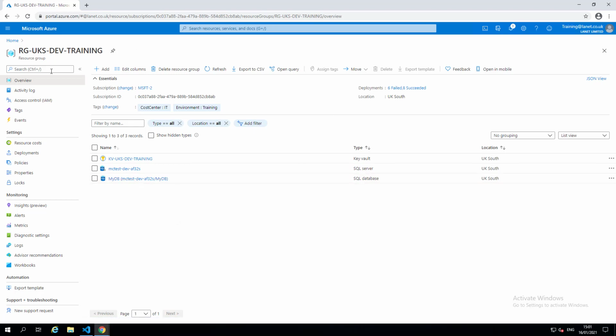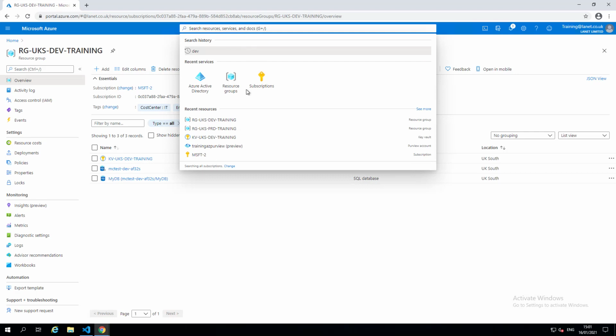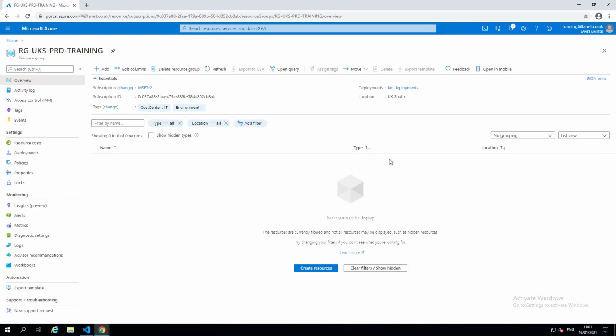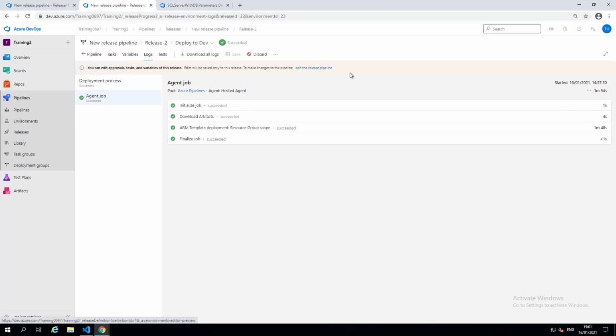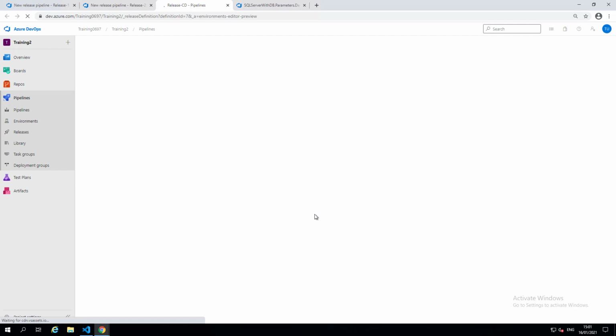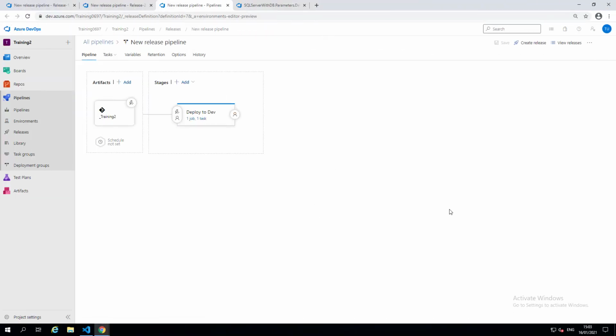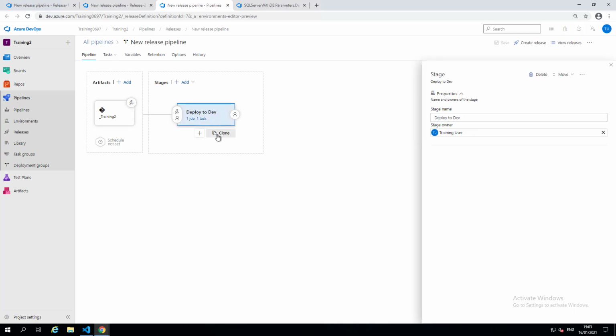So what we'll do is we'll try and deploy to our production resource group as well. So if we go back to the DevOps, we can see all that's passed in green there. And what we'll do is we'll edit this release now. Just click on edit pipeline there. So what we can do in here, let's take a copy of this one. So we can just simply clone that. Let's give it a different name. So we'll deploy to prod in this one, deploy to production.